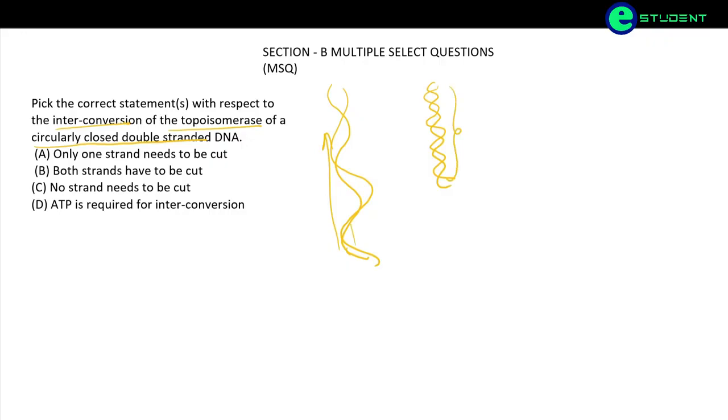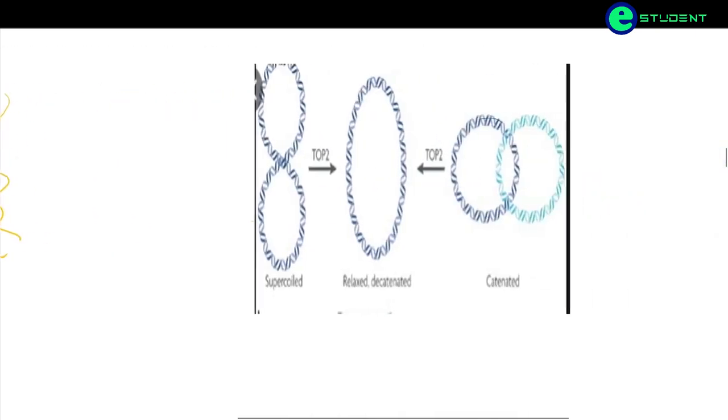Now, when this is replicating, the supercoil will get condensed, and this creates tension within the DNA. To decrease that tension, a topoisomerase molecule comes and creates a cut here, and it decreases the tension, and then here we will find a relaxed DNA. So that is the function of topoisomerase: to decrease the tension. We will understand this using a diagram.